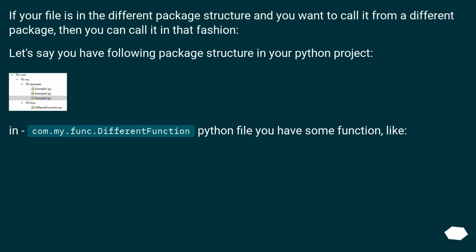If your file is in a different package structure and you want to call it from a different package, then you can call it in that fashion. Let's say you have the following package structure in your Python project. In com.my.func.deferent function Python file you have some function, like